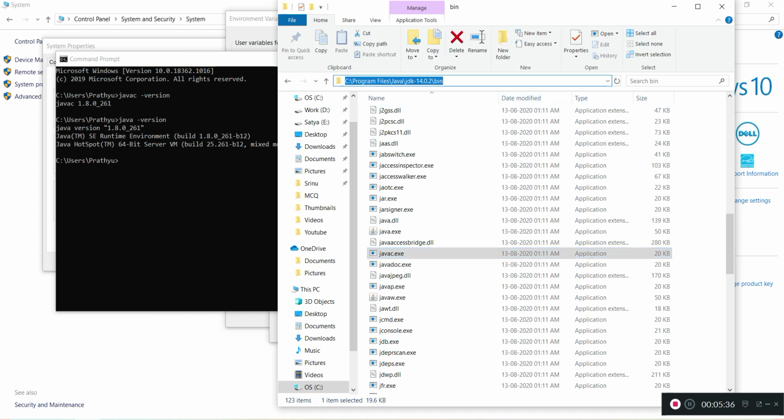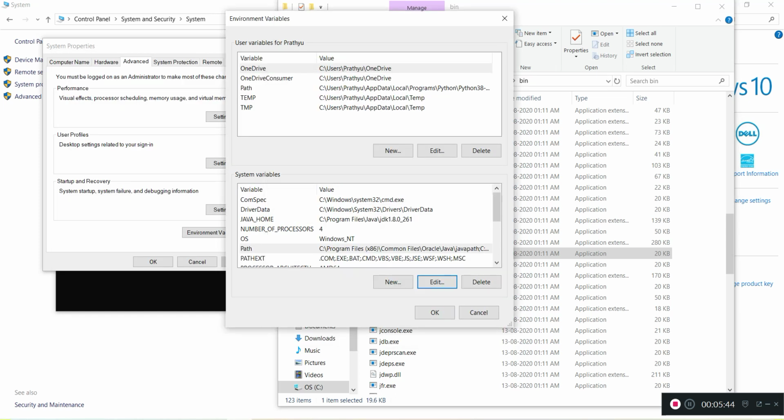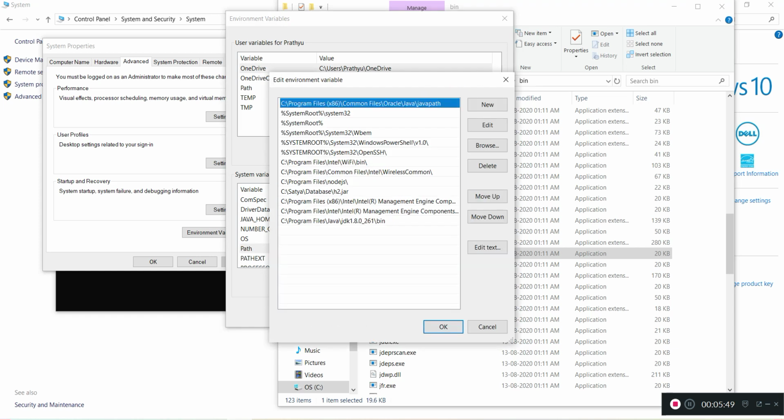So copy this path until bin, and we are already here at Environment Variables in PATH. So select this path and edit, and here you can click New and set. I already have the JDK path to Java 1.8, so I am removing this and I am keeping JDK 14.